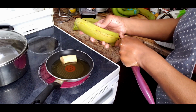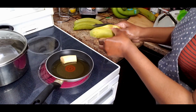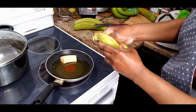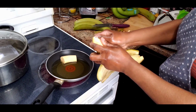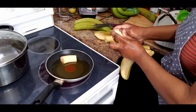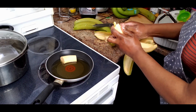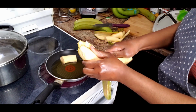So, you know, just core your plantain the same way you would peel your green banana. And see, this plantain is not so hard to peel because it's not so green as these bananas over here. When they're so green, you have to push your finger in between there and